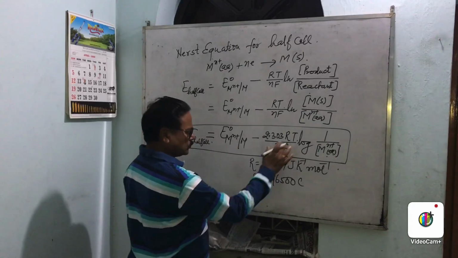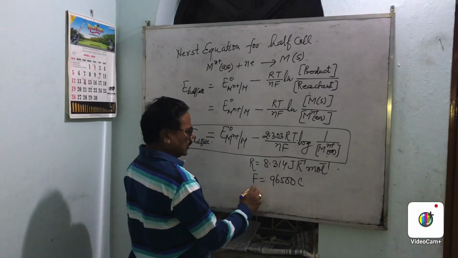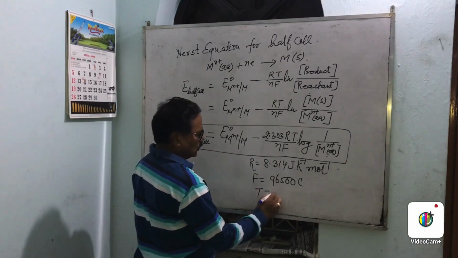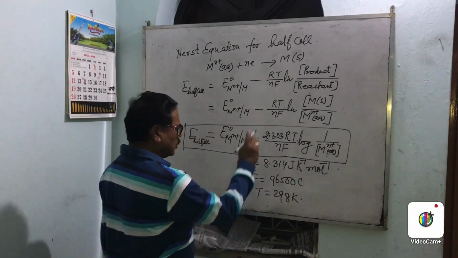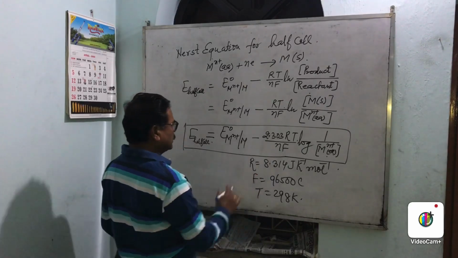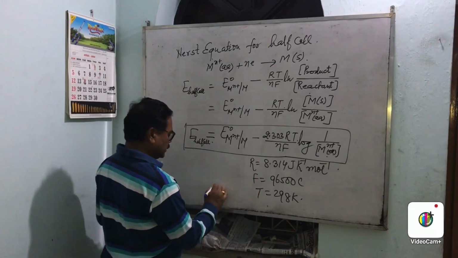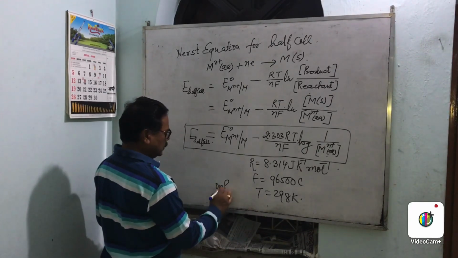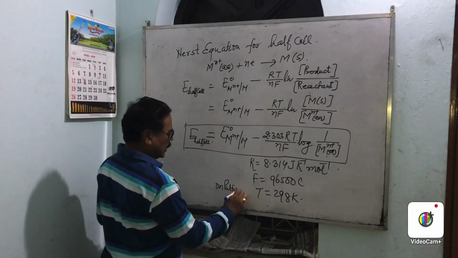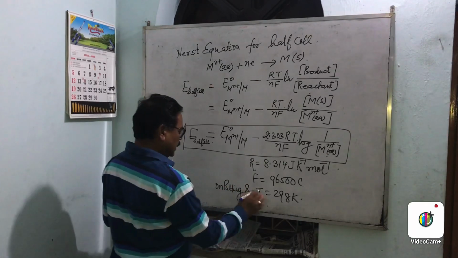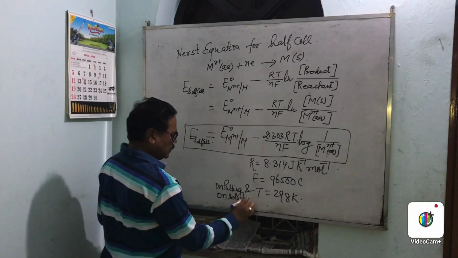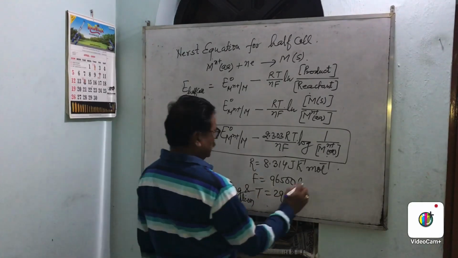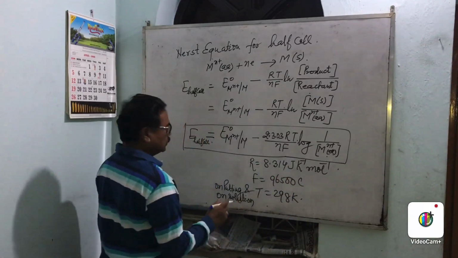Then this is T equal to 298 Kelvin, right? Then on putting this value, and on solution, we need not solve it, but because the value is already known, this comes equal to,